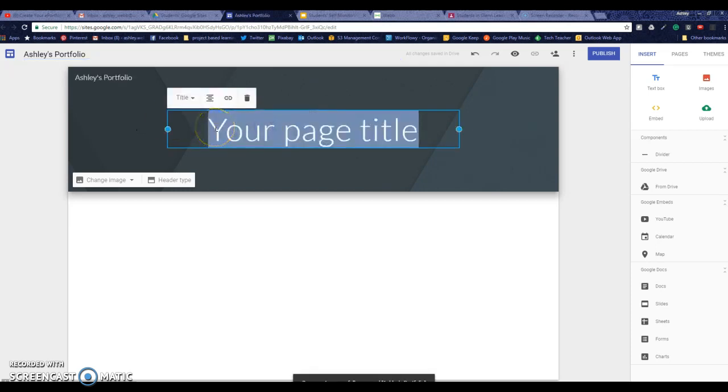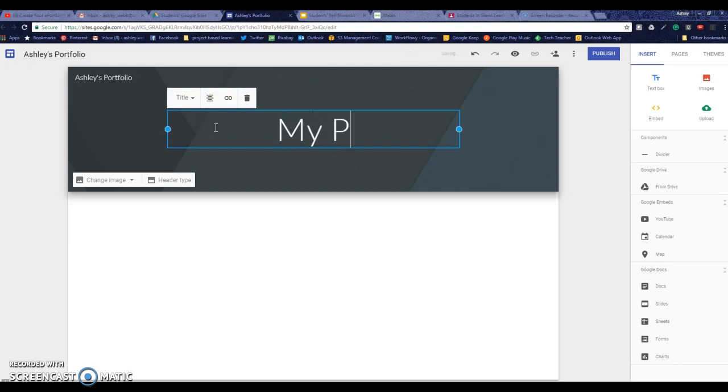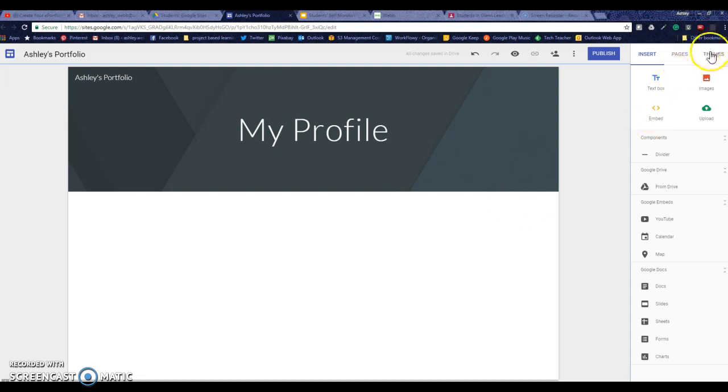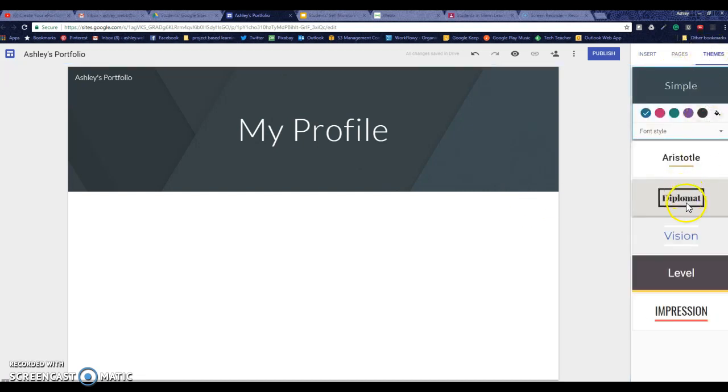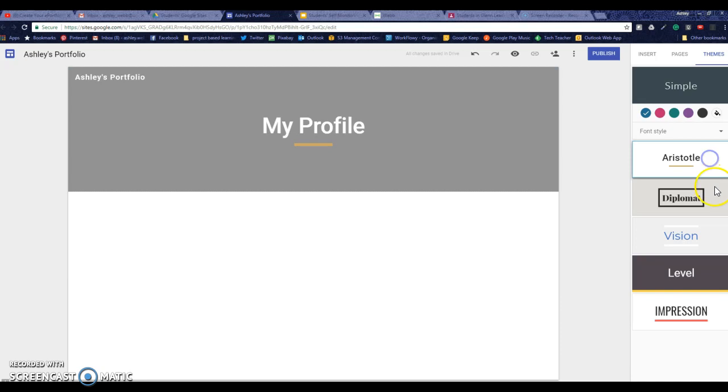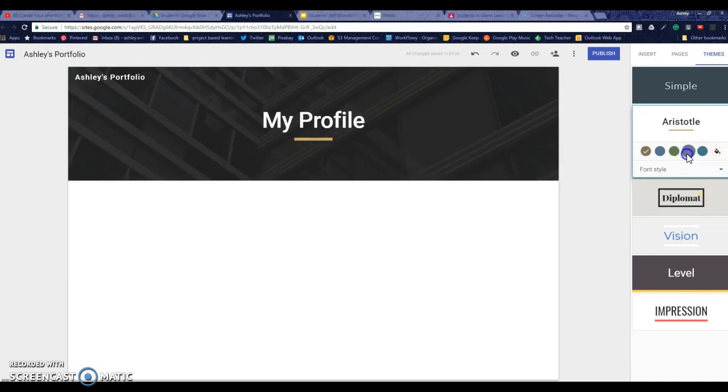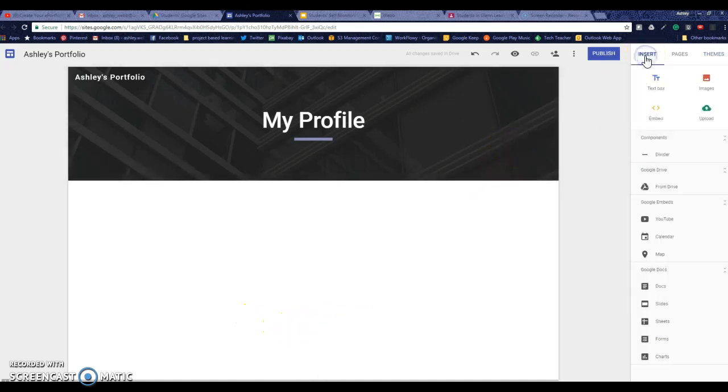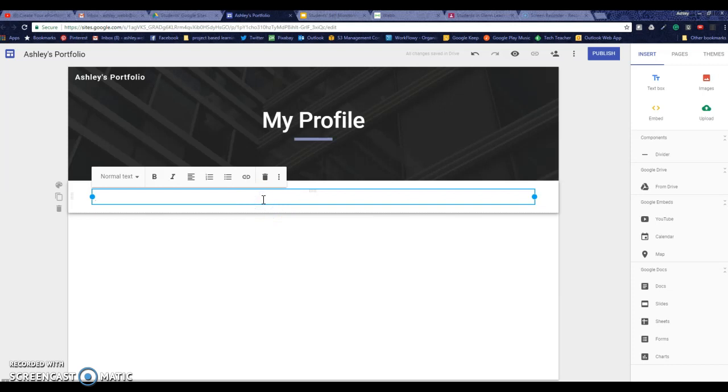All right, here they can title their actual page. It could be their home page, or they could call it My Profile. And then they can choose a theme. We'll go with this one, and they can choose a color to highlight with. And then we're ready to go ahead and insert content. The first thing we might want to have them do is create a welcome or a bio. So just for an example,